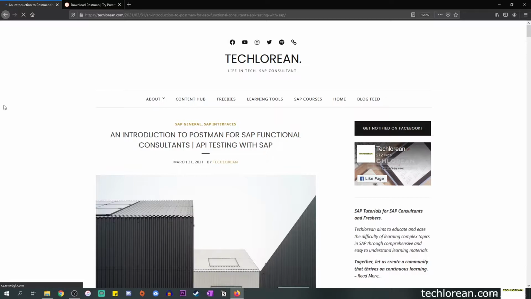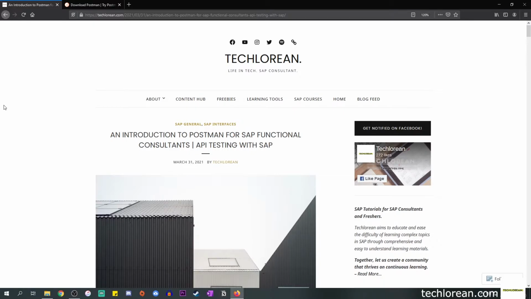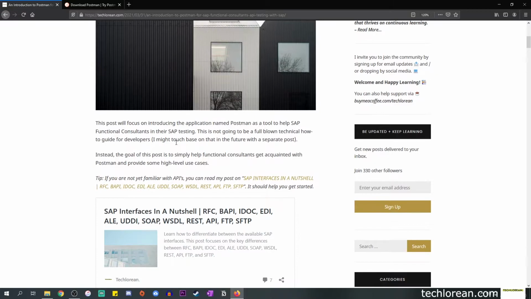For today's video, we will be talking about Postman. This is an application that I use as an SAP consultant to work on some API testing. This is going to be an introductory sort of tutorial, and before we officially start, I wanted to mention that this is not going to be a full-blown technical guide for developers. So the goal for my tutorial, or at least this video, is to help functional consultants get acquainted with the